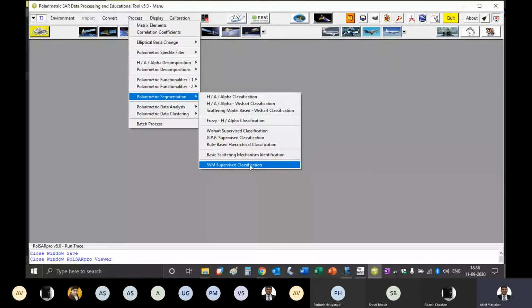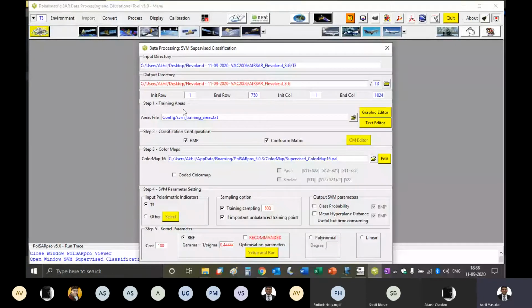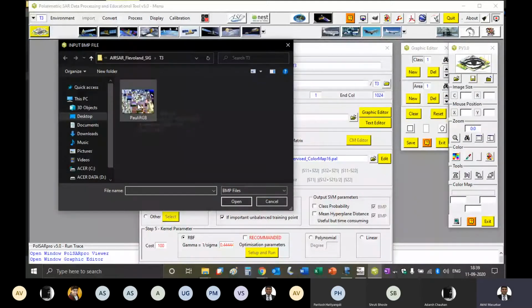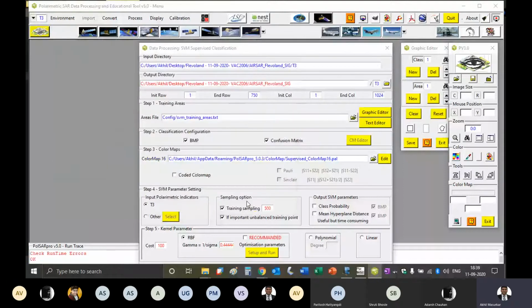The first thing that we have to do is set the training areas. So open the graphic editor, say yes, then open the image. Now we have that image in this folder, that is poly RGB. Say open, so this thing will open here.